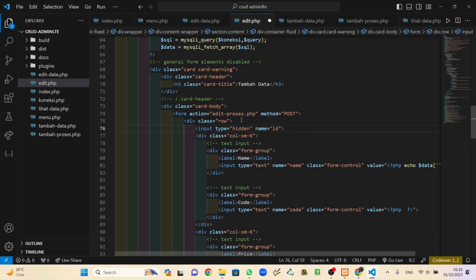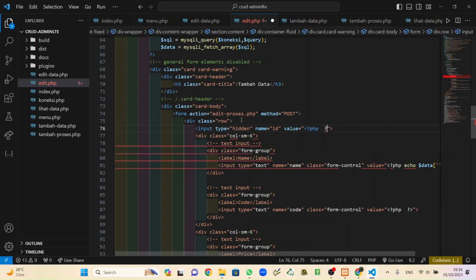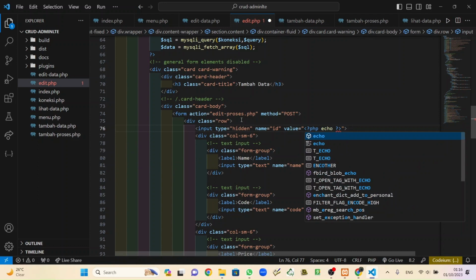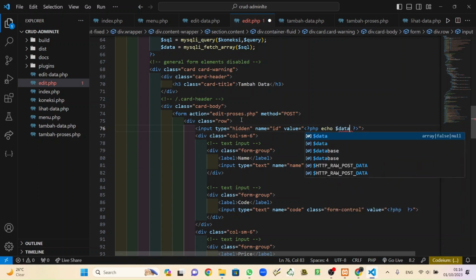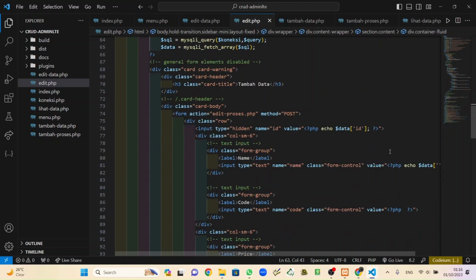And then value PHP echo data, no, ID from the ID. The data is from SQL and SQL is from the database, like that.